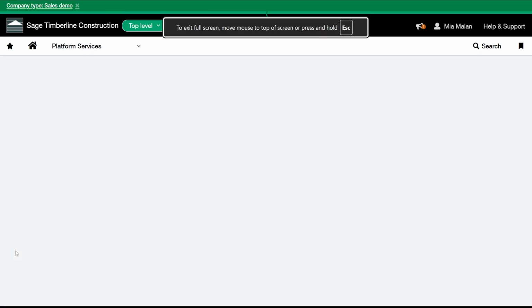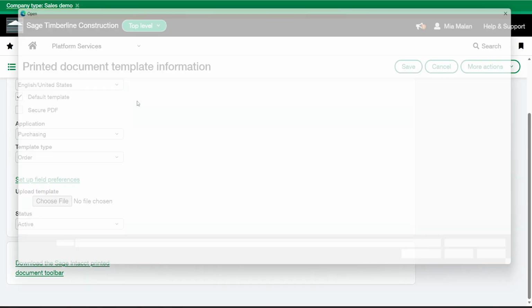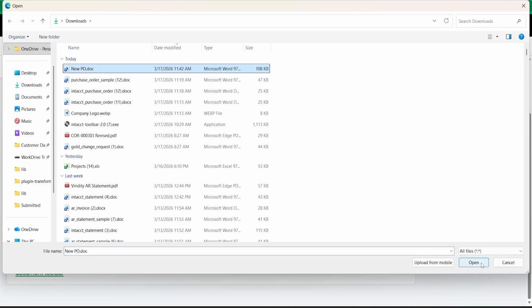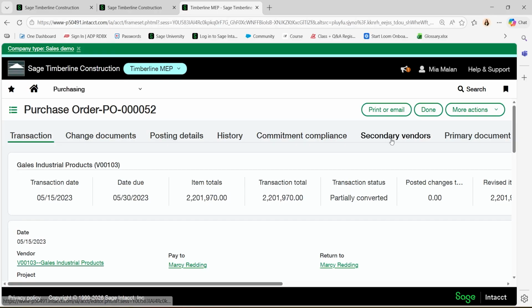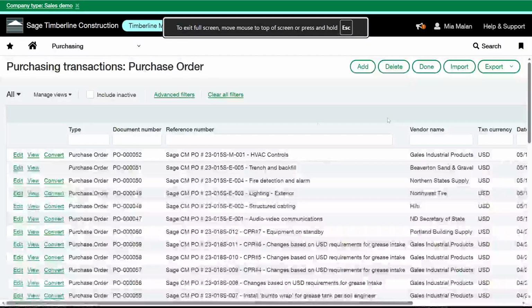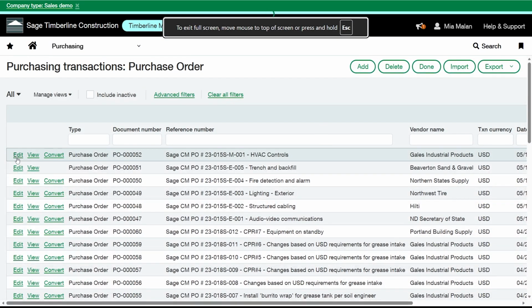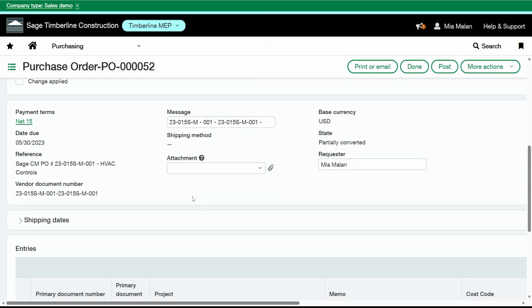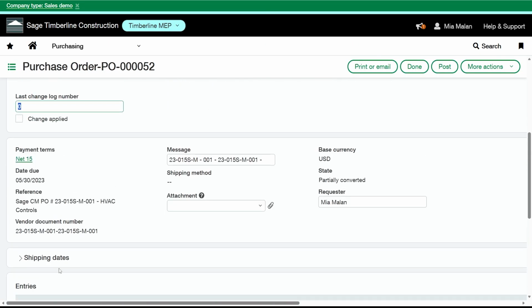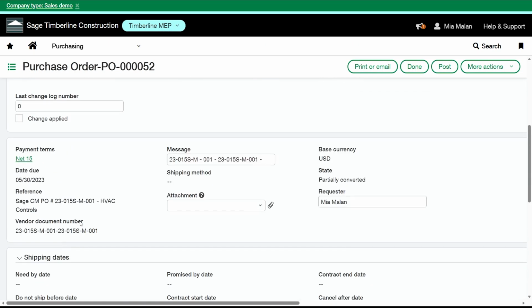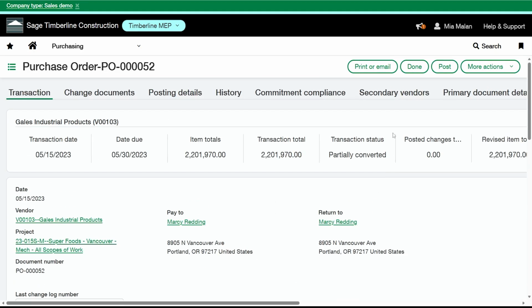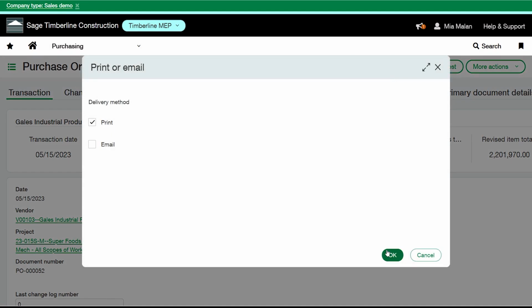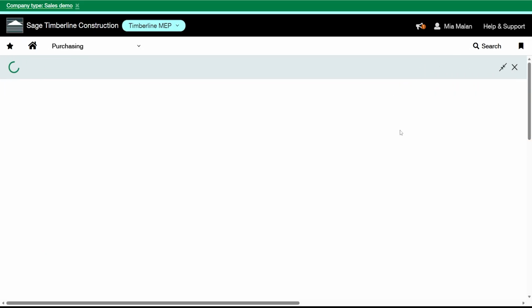I'm going to apply my new template. And I'm going to edit this PO once more. We should be good actually. So I'm gonna print this out again and show you the total section.